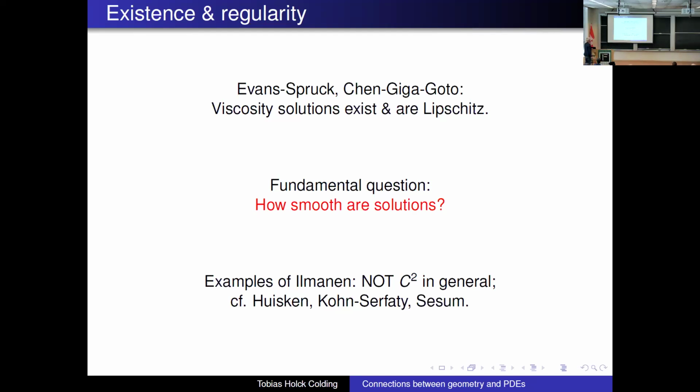Is that the solutions are Lipschitz? Is that the best you can do? And so Tom Ilmanen in his thesis proved, this is in the early 90s, that in general solutions are not C2. Okay,